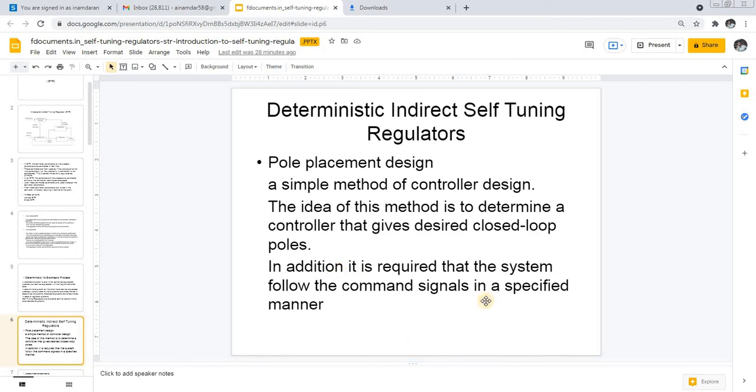Whenever we are going to design the deterministic self-tuning regulators, direct or indirect maybe, it is assumed that the process model and the controller are linear systems. In the algorithms or design methodologies, we will restrict ourselves to single input single output, that is SISO, systems. And in most cases we will assume that the control is sampled and the estimation and the control are performed with the same sampling rates.